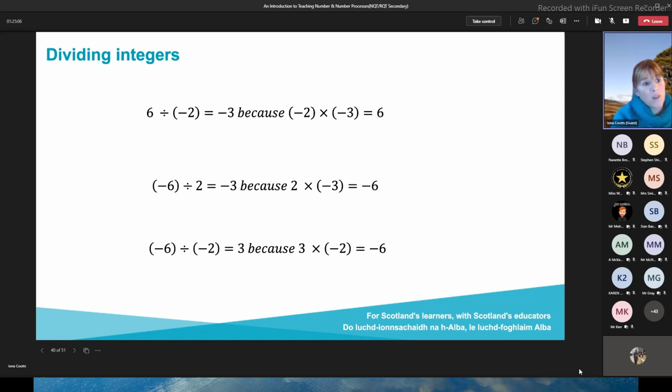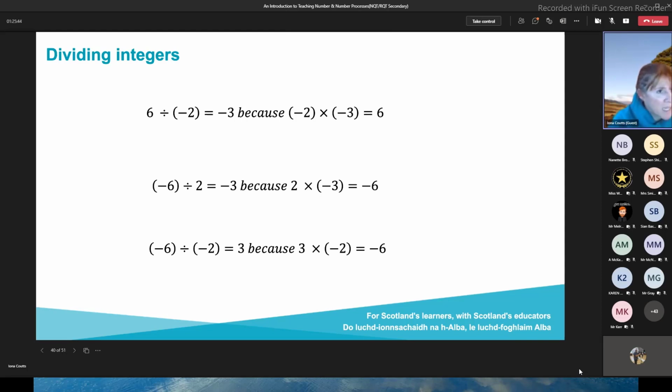So it's maybe worthwhile giving learners a chance to put families of calculations down together here as well. If I know negative 2 times negative 3 is 6, then I also know what 6 divided by negative 2 is, and I know what 6 divided by negative 3 is. That should be familiar to them if they have a good understanding of multiplication and division. So again, rather than just focusing on the kids coming up with a rule, positive divided by negative is negative, negative divided by positive, let's just get them to pause and consider, well, what is it, and